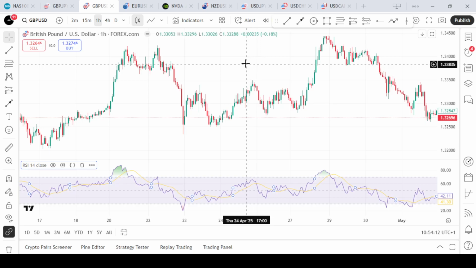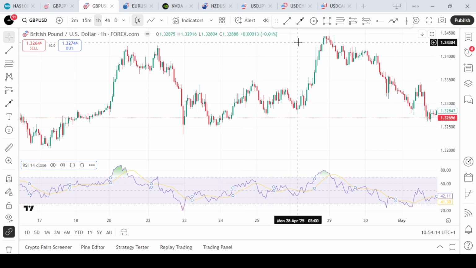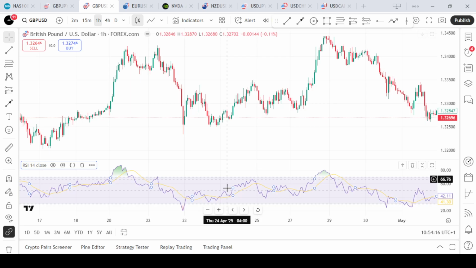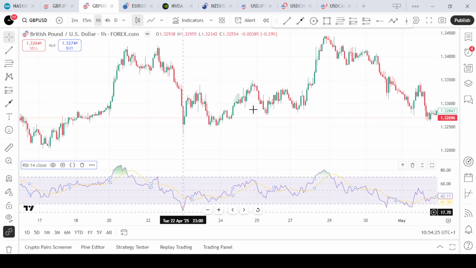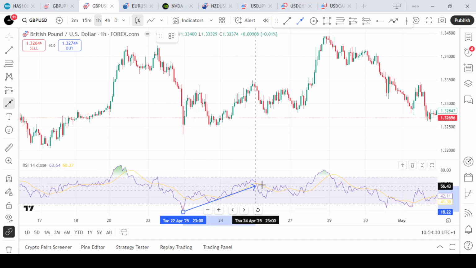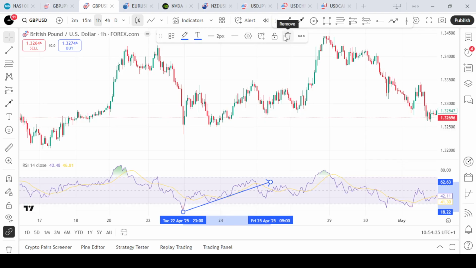and the divergence. The RSI trend lines are formed by connecting three or more highs or lows on the RSI line. Very easy, you just look at the trend line. This is an example of the trend line, two or more lows on your RSI trend line. So when this trend line breaks, it often signals potential continuation or reversal of the current trend,